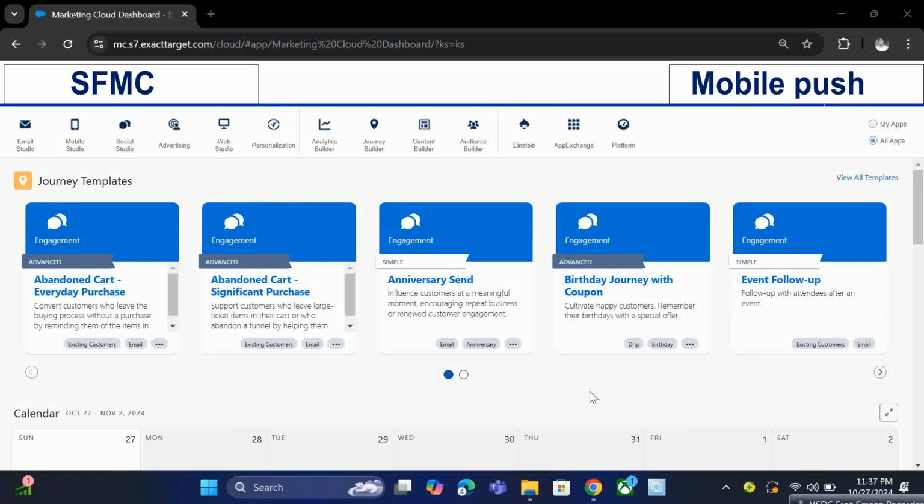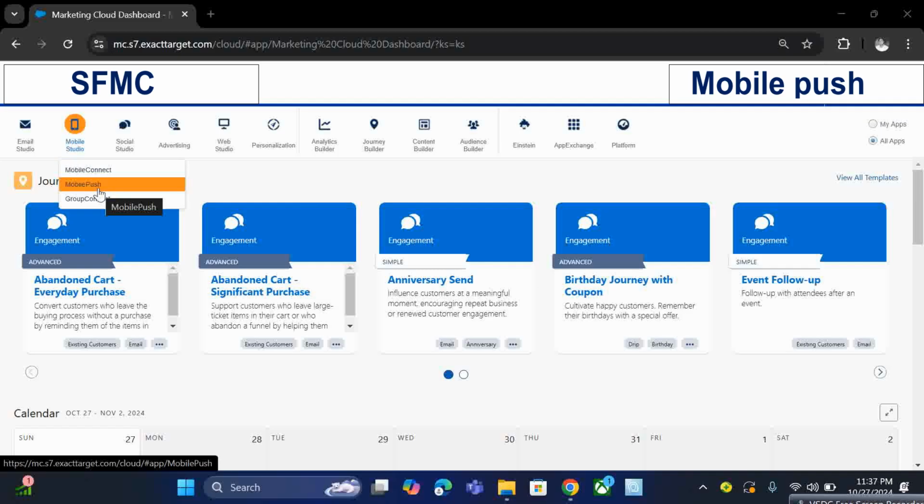Everyone. So in this video we will be learning the basics and fundamentals of mobile push and how we can use mobile push in Marketing Cloud. So to get started we will see the window of Marketing Cloud. Here we will navigate to mobile push,